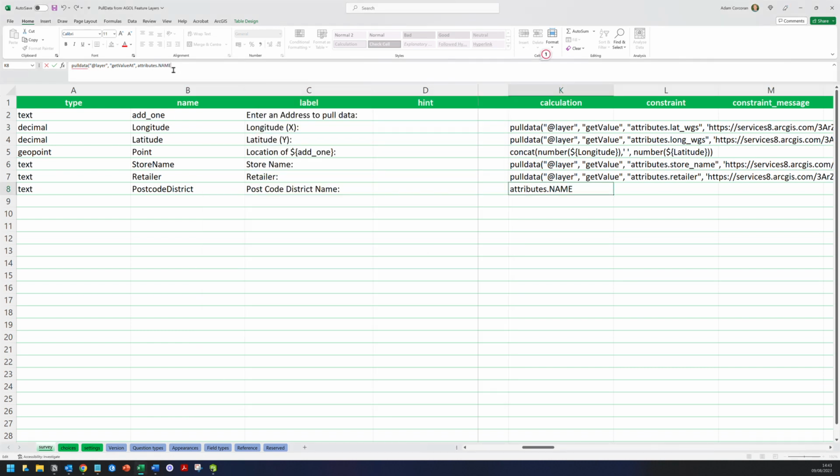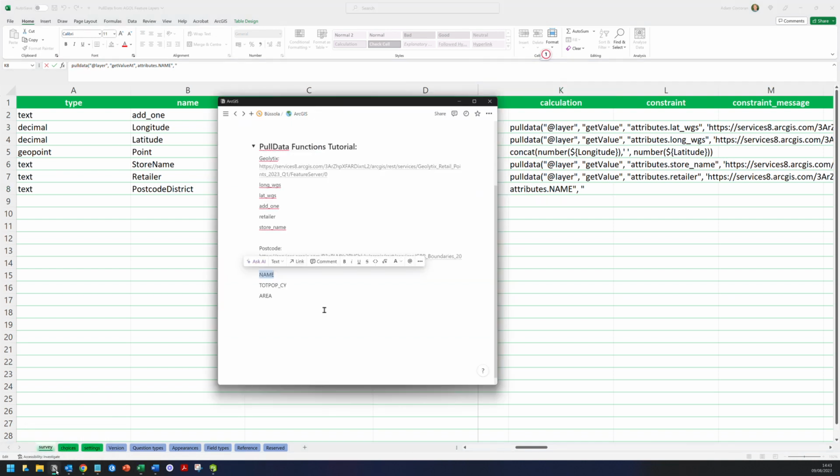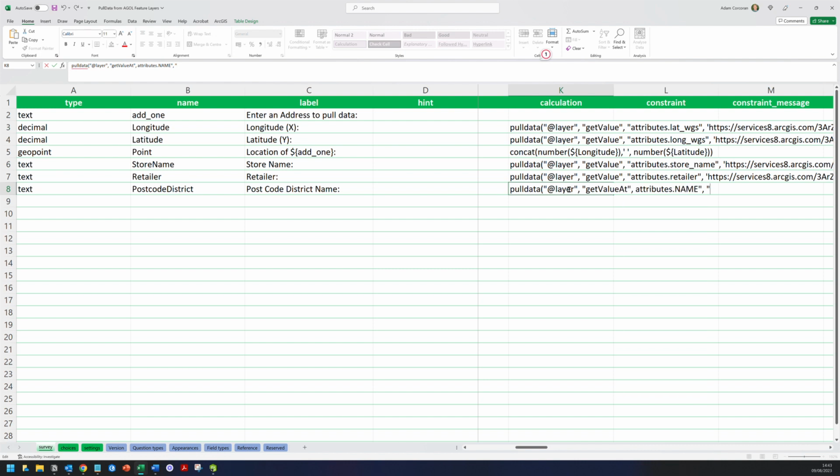So I just say name. I'm going to close my quotation marks here, comma, open quotation marks, and now I go back into my Notion page that has the exact REST URL of this feature layer. I'm going to copy that in here, close quotation marks,